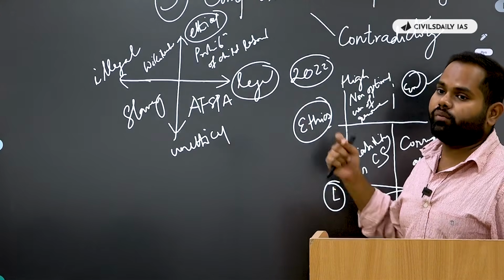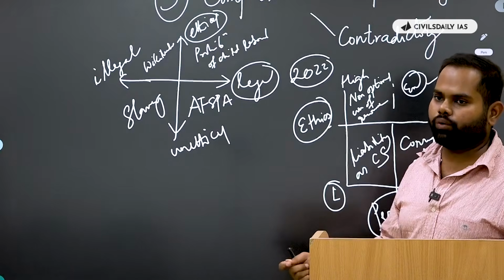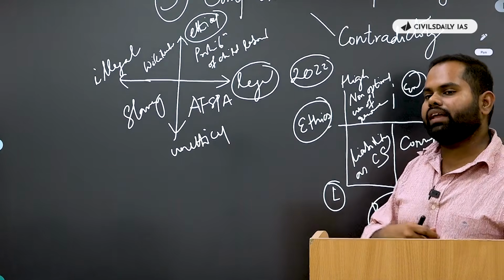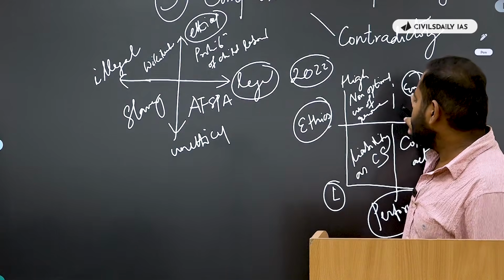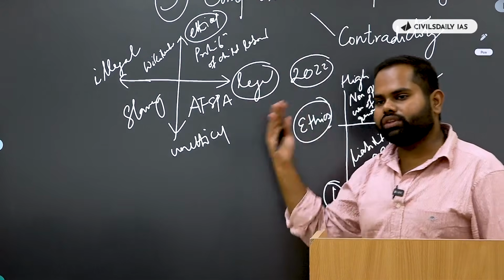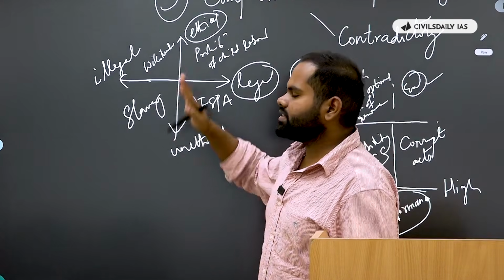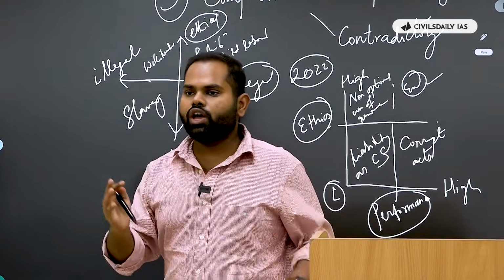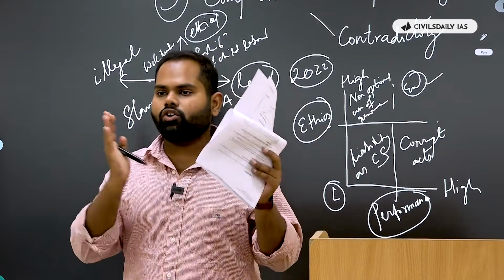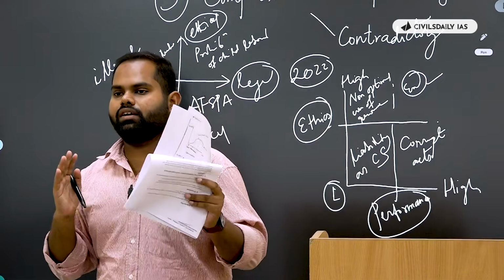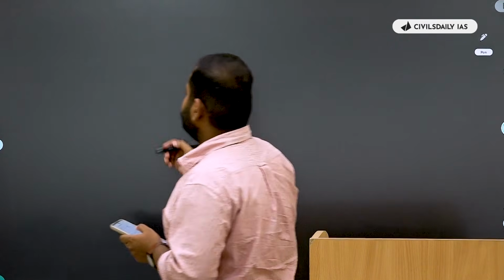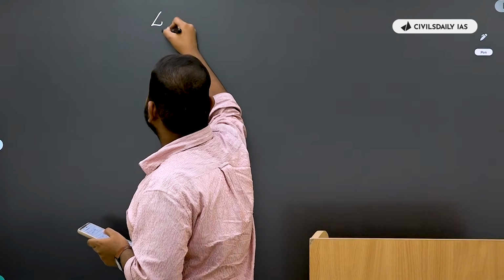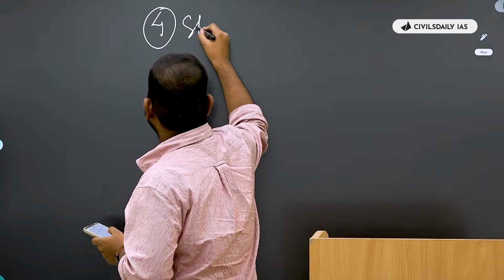For example, this could have been a corporate governance question, and ethics and performance could have been at both these cases. You could give a lot of insider trading examples. There probably the performance might be high, but ethics might be low. And when we talk about ethical corporate governance, which is pro-planet, pro-people, that could be at the highs of both ethics and performance. So this is again one of the constructs that you can use when you have a lot of either contradictory or complementary virtues or values that you are comparing. The next one is stakeholder, let's say.